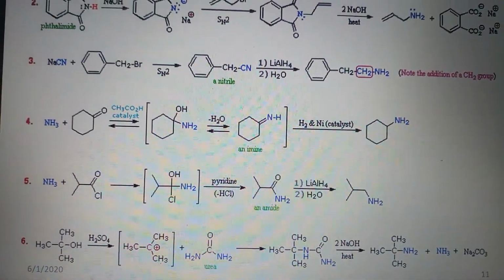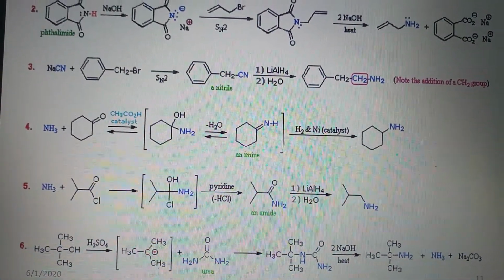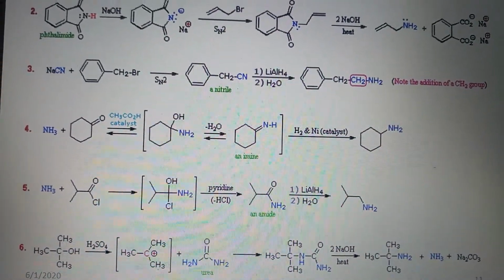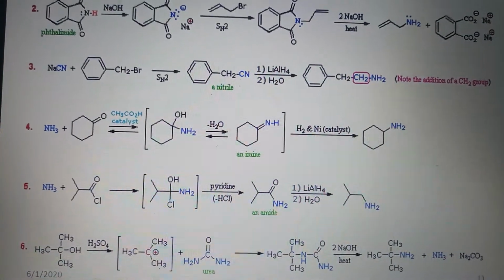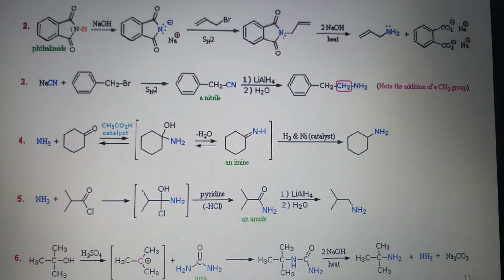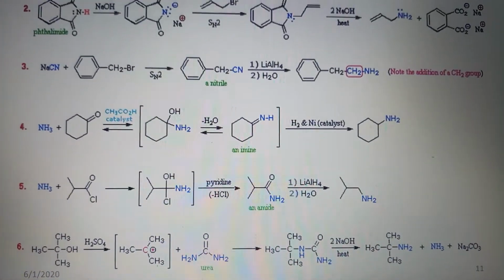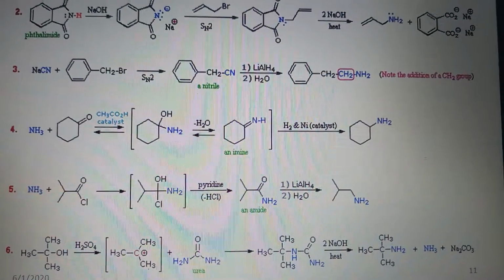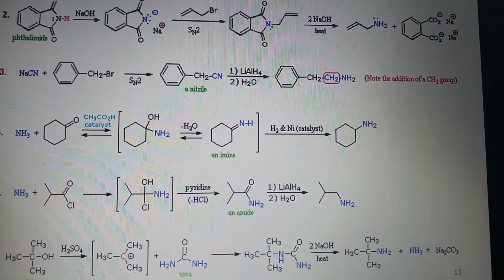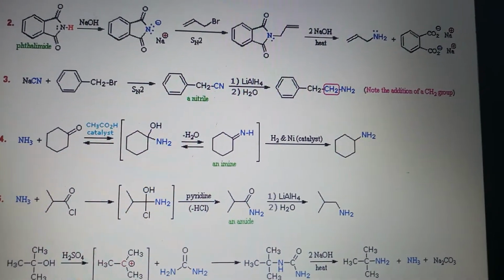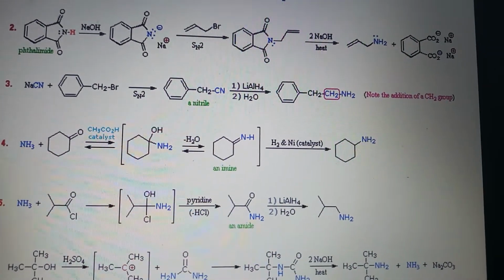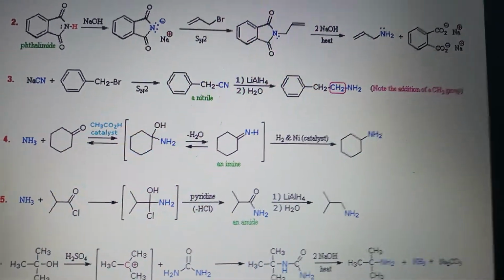In the presence of an acid catalyst, except in the case of acid halides or anhydrides, because they are more electrophilic. The reaction of ammonia with aldehydes or ketones occurs by a reversible addition-elimination pathway to give imines. You can see here imines. These intermediates are not usually isolated, but in solution, or in situ, they are reduced to amines.